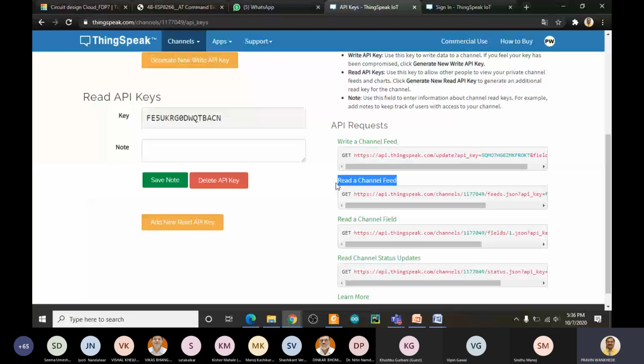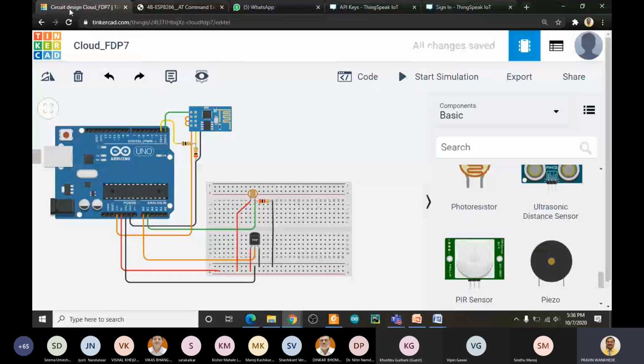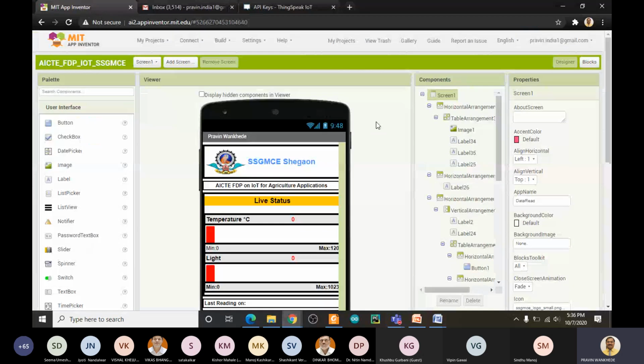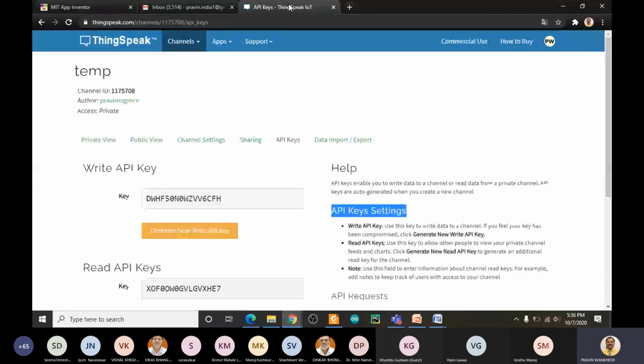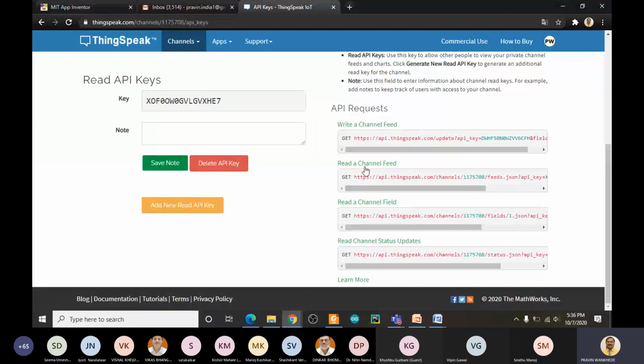So this circuitry is using this write channel feed, whereas my app, that is in the MIT App Inventor, is using this read channel feed. Okay.